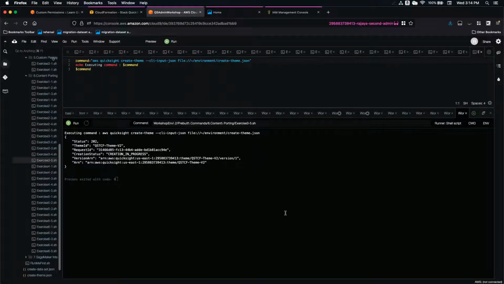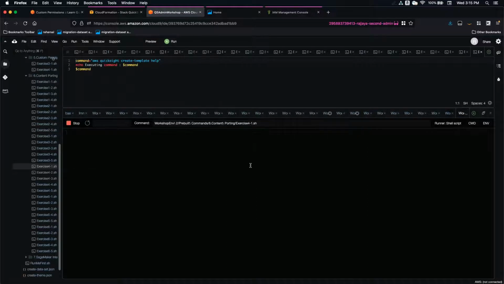So I'll go back into Cloud9. Open exercise 4-1, and you should see a command, AWS QuickSight create template help. Running this command will show what are the different parameters that are required to create a new template in QuickSight. When I run this command,